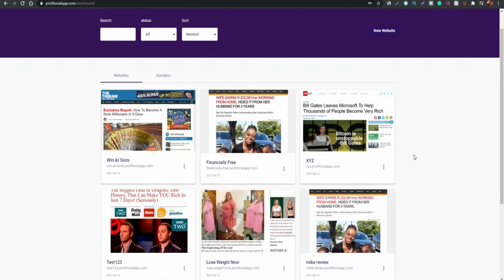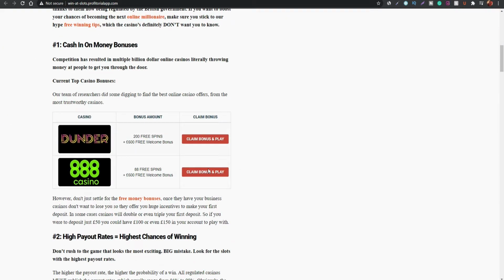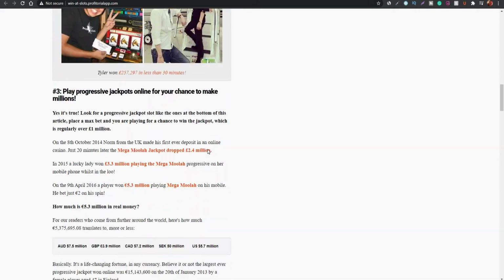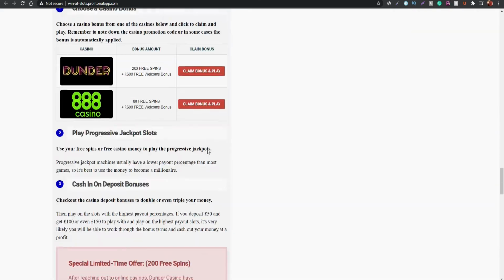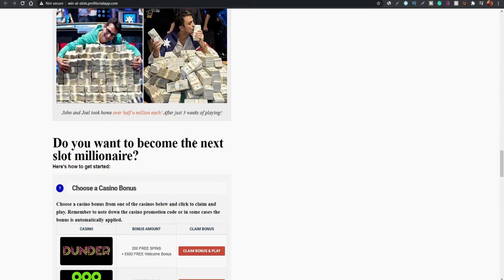So what you can do is when you come into the platform, you can check out a lot of these websites that have already been made. You can preview them, and this is a general layout of an exact website that you will get. Now again, it generates the websites for you, but a lot of this here